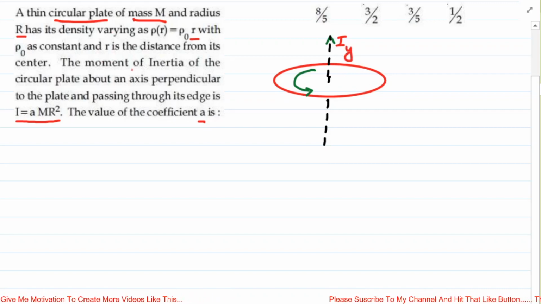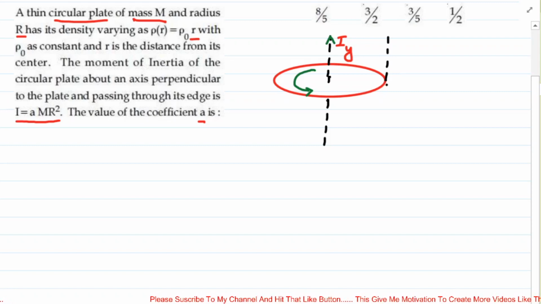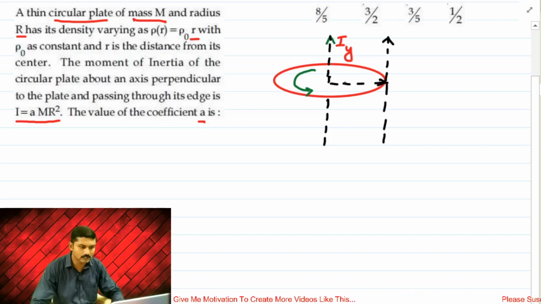We are told to find out the moment of inertia of the circular plate about an axis perpendicular to the plate and passing through its edge. Perpendicular to the plate, that is, this is the plate, and you have to find the moment of inertia passing through its edge. Let's call this the edge. But if we analyze this, this particular axis is parallel to the axis which is passing through the center of the disk. Let's imagine what is the distance between these two axes. These two axes are r apart,